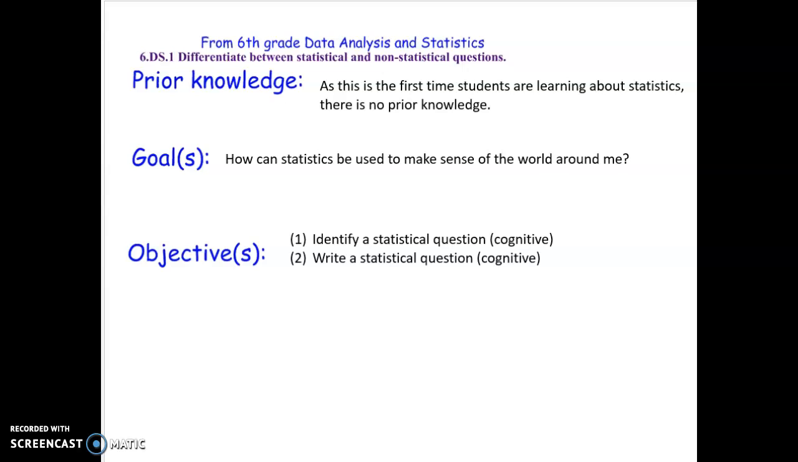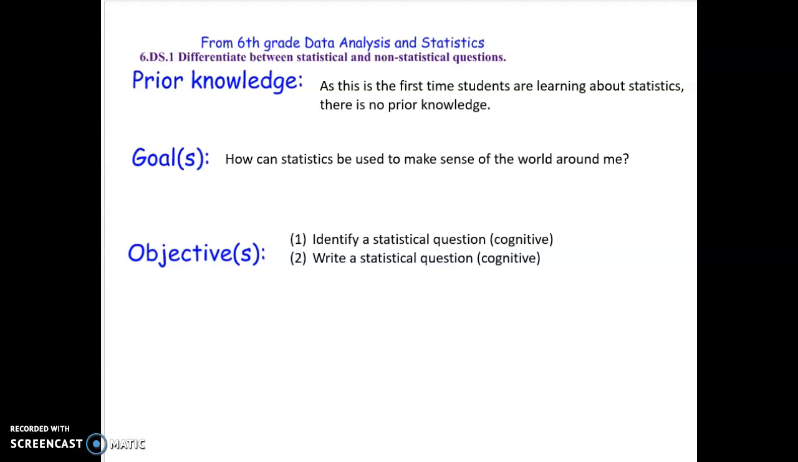And then my second objective is to write a statistical question. It's not sufficient just to be able to say this one is, this one isn't. In order to go a little bit deeper into Bloom's taxonomy, I want you to create one of your own. I want you to write one for me. But again, that's still cognitive. So when you do your goals and objectives activity, this is an example of what you might turn in for